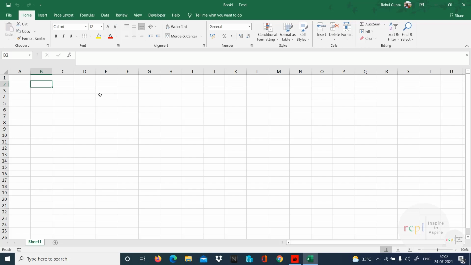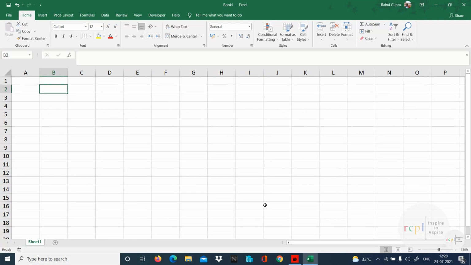You can see we have a blank worksheet and no data in it, so first let's create the data, which we'll create on the spot. Let's suppose we are creating a grade sheet of students. It could be class 10th, 12th, BTech, or 5th, 6th, any class.